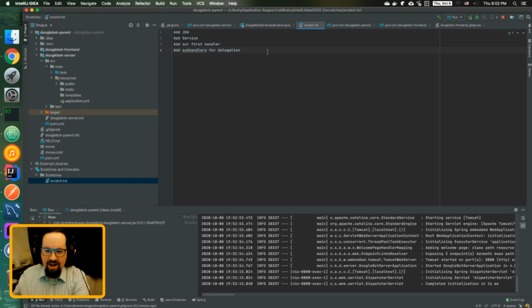Still, it's no good. All right, so we're building our to-do list because, once again, folks, I'm not going to get anything done unless I start getting things done. So we need to build our subhandlers for delegation, and then what we'll need to do is set up JPA next so that we can persist things to the database,